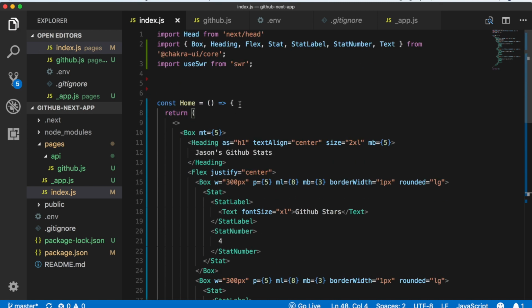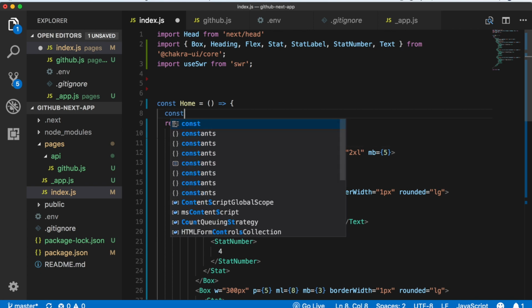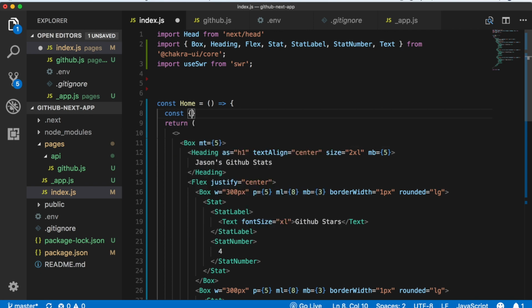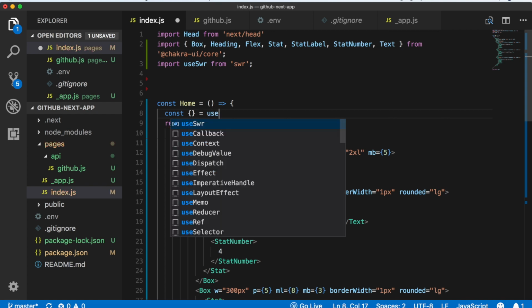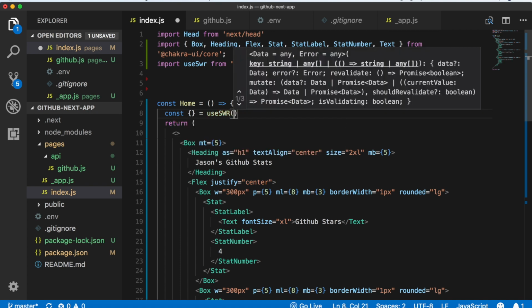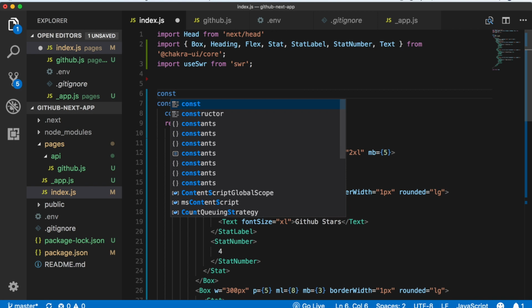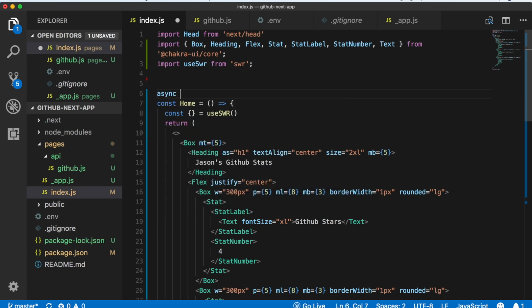Okay, so inside our home component, I'm going to create a variable. This will be const, using the useSWR custom hook. useSWR takes in a fetcher function. So for this, we'll need to create a function that will handle the fetching from our API. I'll just do an async function,